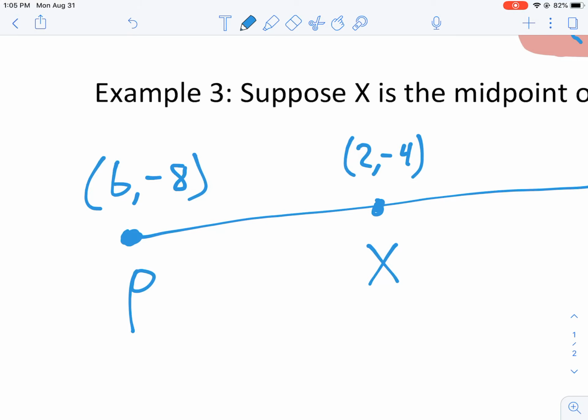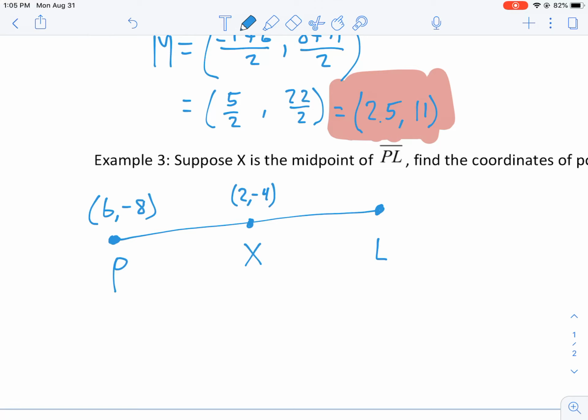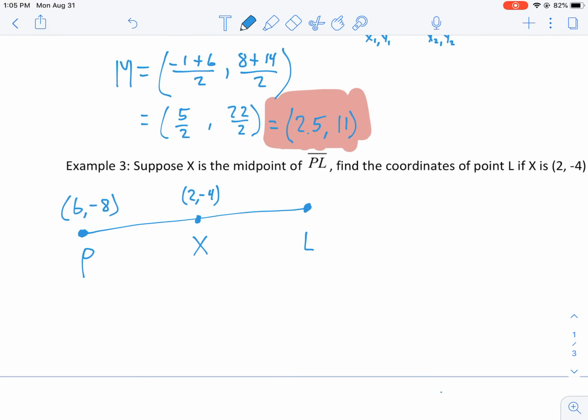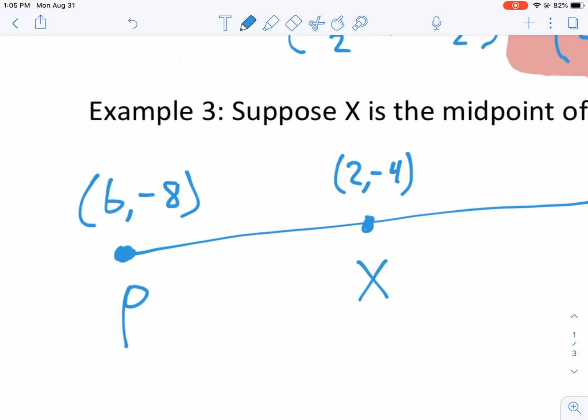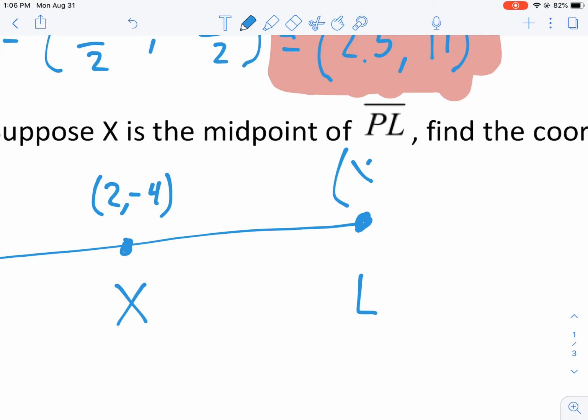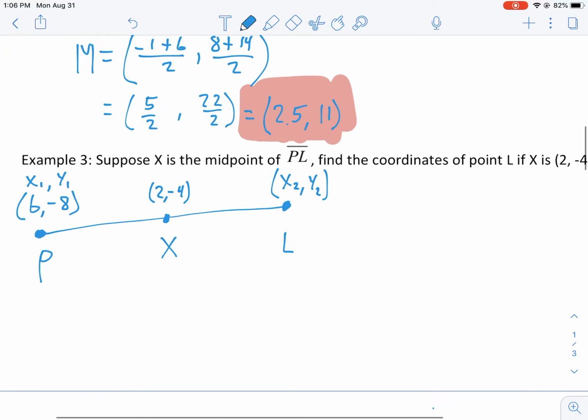This problem is a little bit different than the one we just did, because now we actually have the midpoint, and we don't have one of the endpoints. So how does that change what we do? Well, we're still going to use our midpoint formula. This is going to be x1, and this is going to be y1. The only difference is we don't know x2 or y2. So this is a little bit harder. You're going to have to do a little bit of solving here,